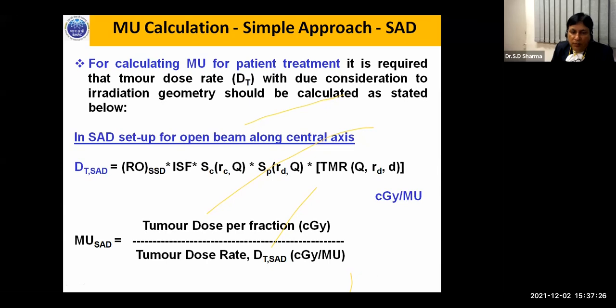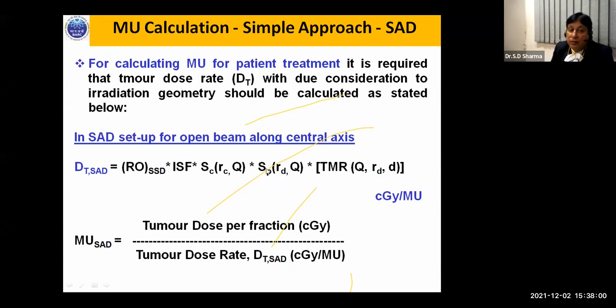So there is no harm in using an inverse square law based correction factor. If I apply the correction factor related to inverse square law, this will convert the reference output to the corresponding isocentric setup. Now this is once again known for a reference field of 10 by 10. So I have to convert it to the clinical field size of 15 by 15 or 18 by 18, something like that. Then we need to use the scatter factors, both collimator scatter factor and phantom scatter factor.